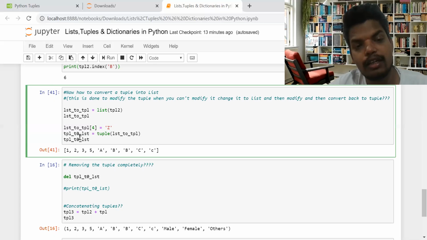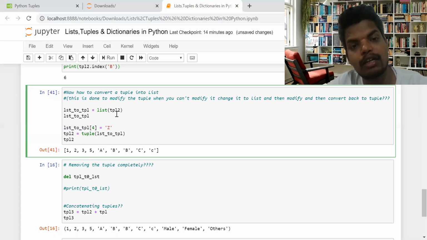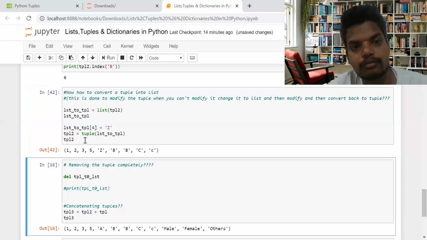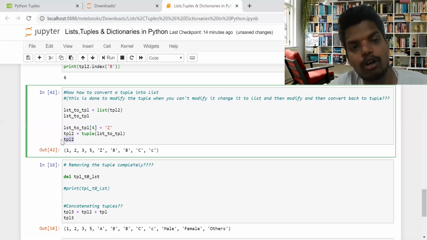Then again I am converting it back into a tuple, let's rename it like this, so that we are remodifying the tuple which we created earlier. Okay, so now you can see I have modified it, and we have got back our original tuple with the modified element. Instead of a, now we have got z, that is it.